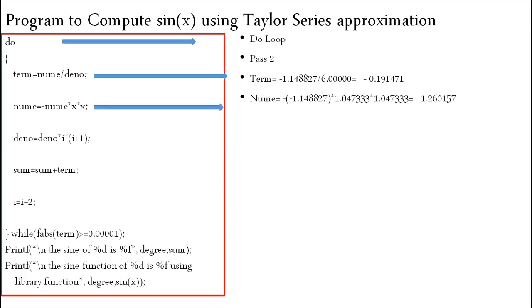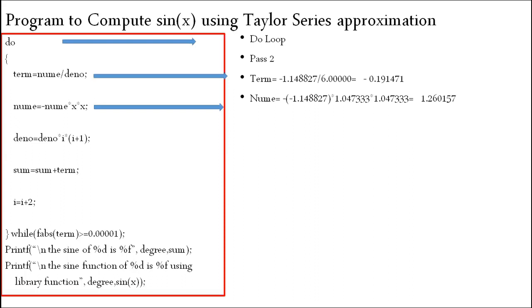Anyway I'm using the first minus at the outside, and the numerator value itself has a minus, so I'm using it in a separate bracket, that is minus 1.148827 multiplied by x into x. So here the value of minus 1.148827 is nothing but x to the power of 3. That is what we got in the previous slide. So x to the power of 3, again 2 times of x, gives a result which is equal to x to the power of 5. So my next numerator is plus x to the power of 5 divided by 5 factorial. This is what my formula is.